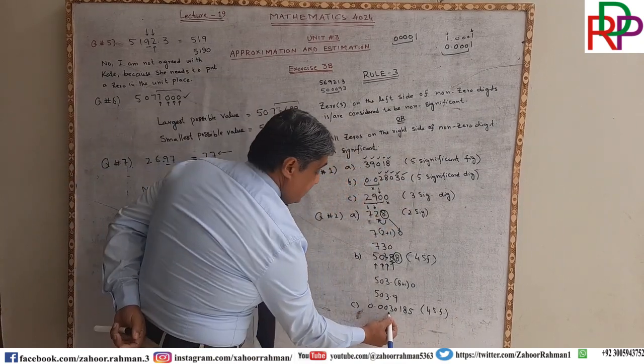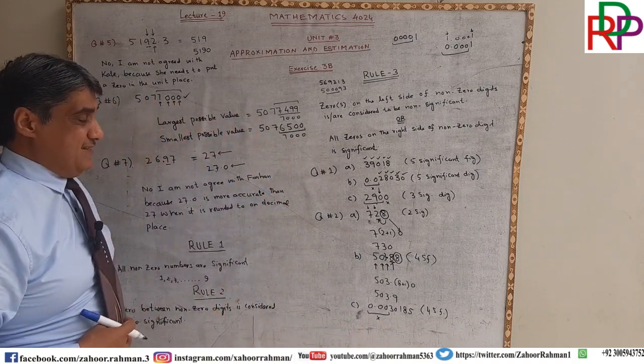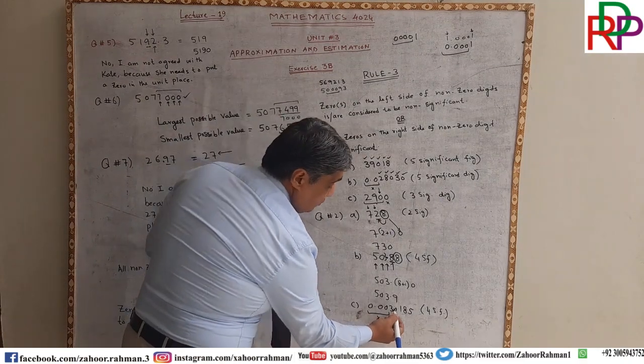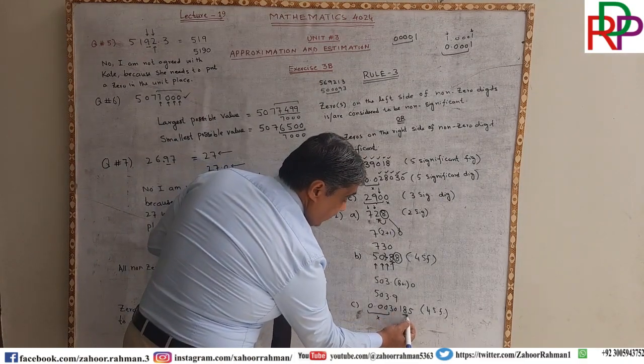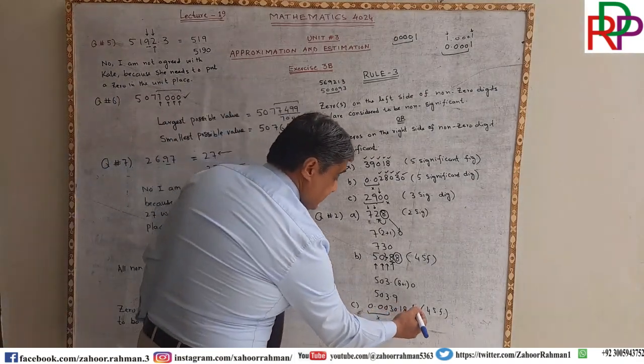Now these three zeros are not of our interest. They are non-significant. So 1, 2, 3 and 4, you have to underline that 4 and you have to encircle